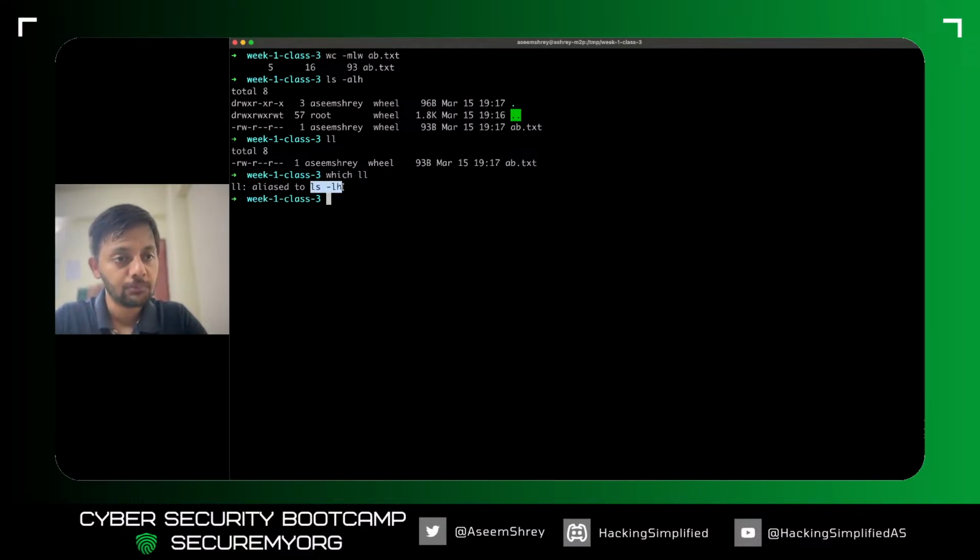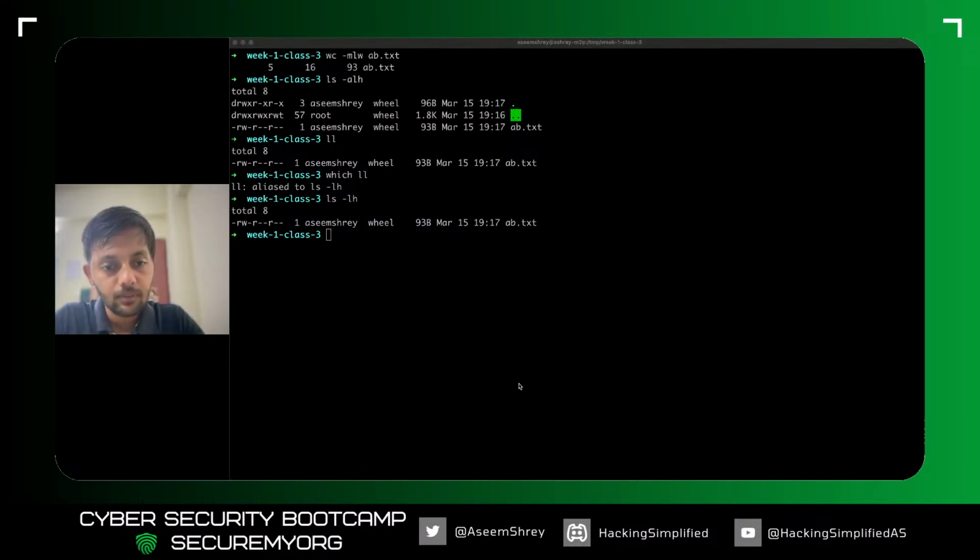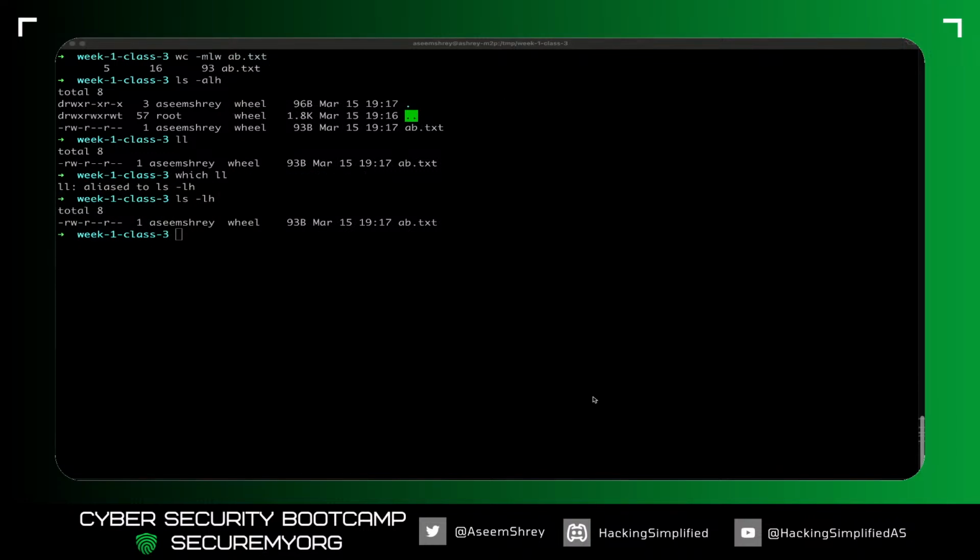If I just do this command, I'll see the same output. So ls -lh prints out the same thing.